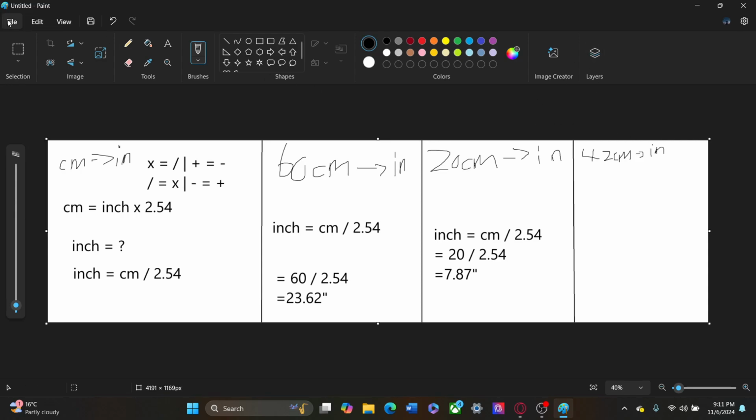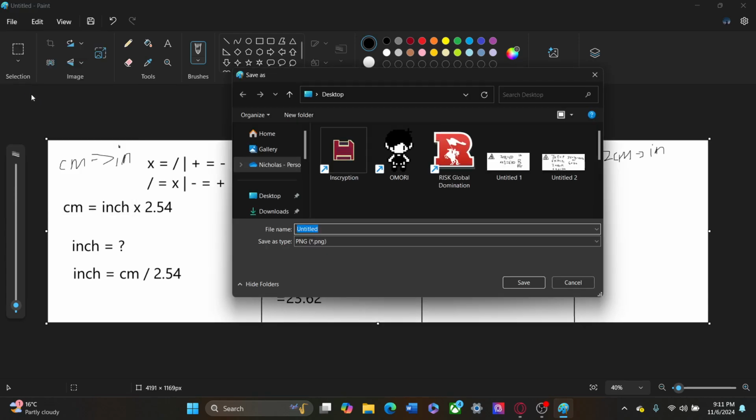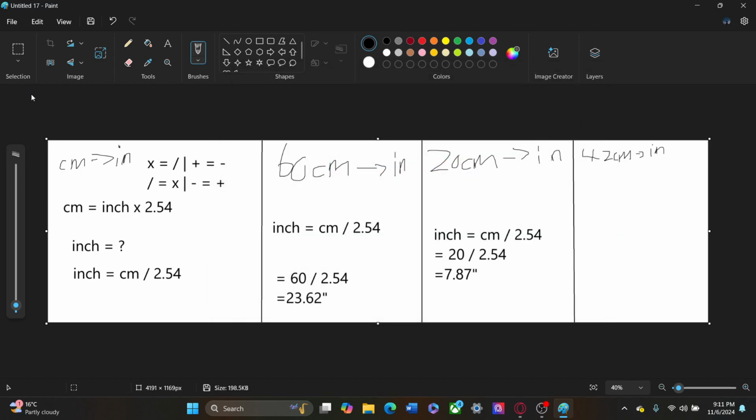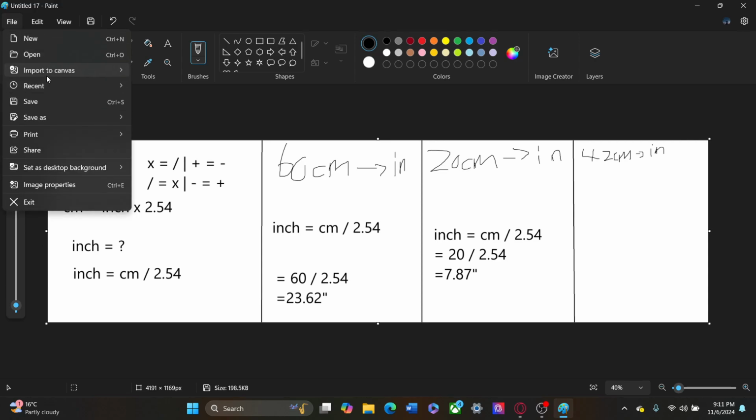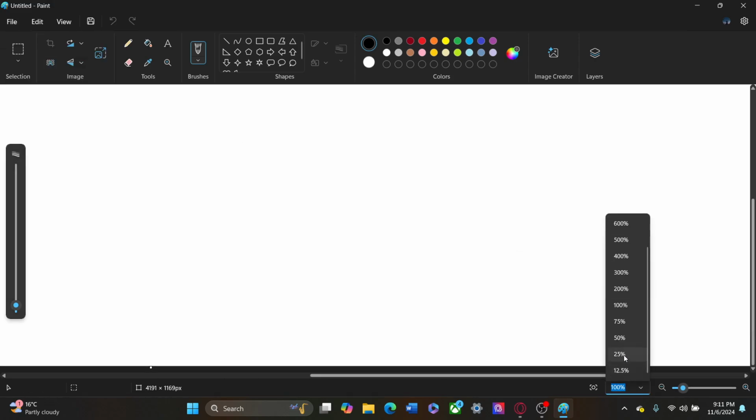So we got our inches part down. Save. 1 second. It's 9/11 right now. New. What is this? Okay, So now